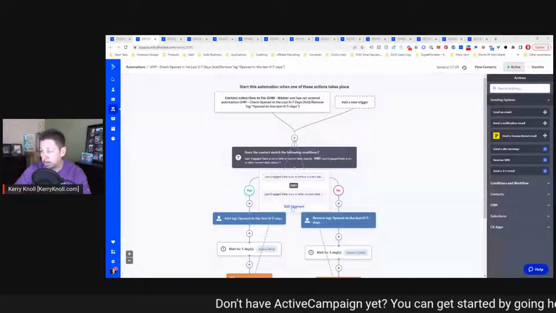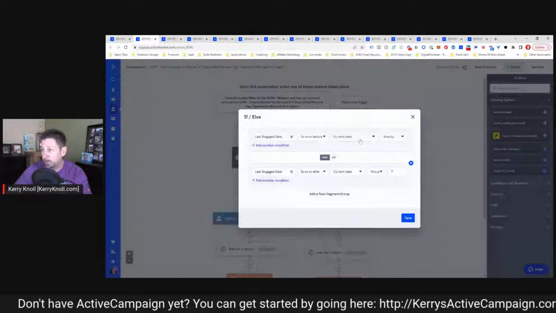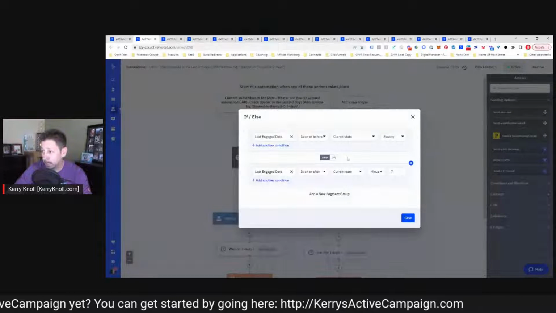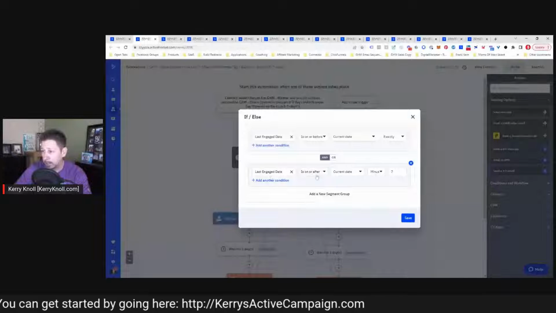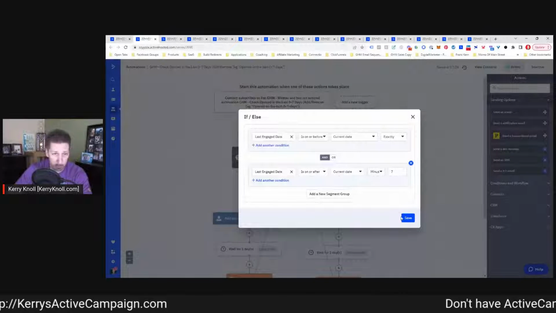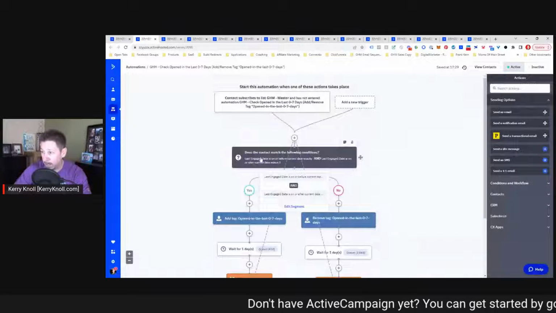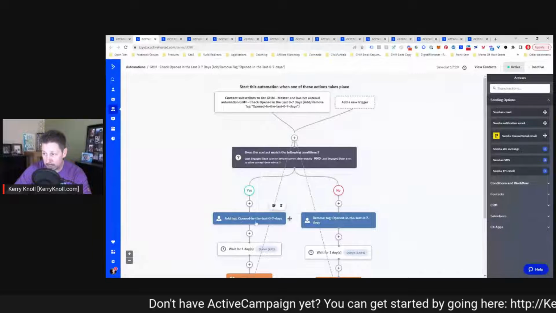And if I click on edit segment, hopefully it'll load up here for you. It shows last engaged date is on or before current date exactly. And then the second one here, and last engaged date is on or after current date -7. This gives me the 0, meaning up to the minute, to 7 days, okay? And then if this is true, so they've opened in the last 7 days, they get this tag added,